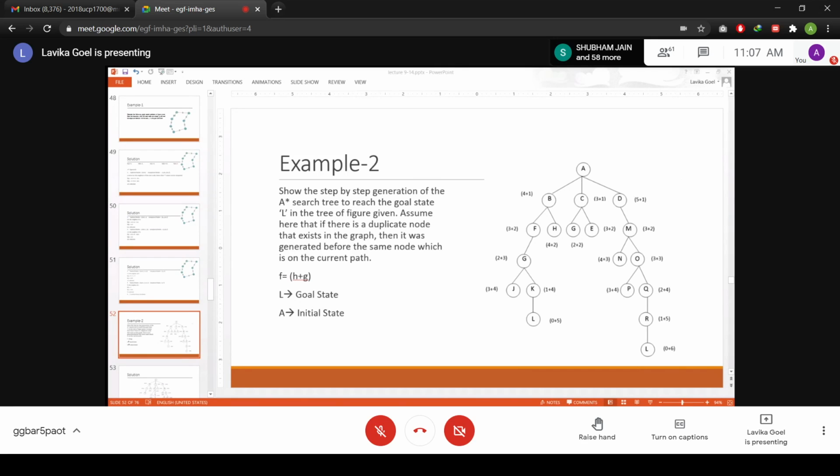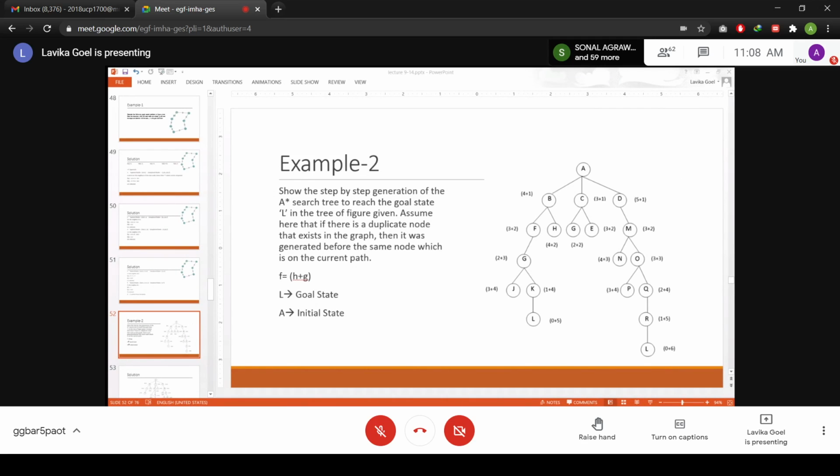Just see in this graph, students, on the second branch of the tree, from A you are getting C, and then from C you are getting G. G is also present on the left hand side branch of the tree: A, then B, then F, then G, right?